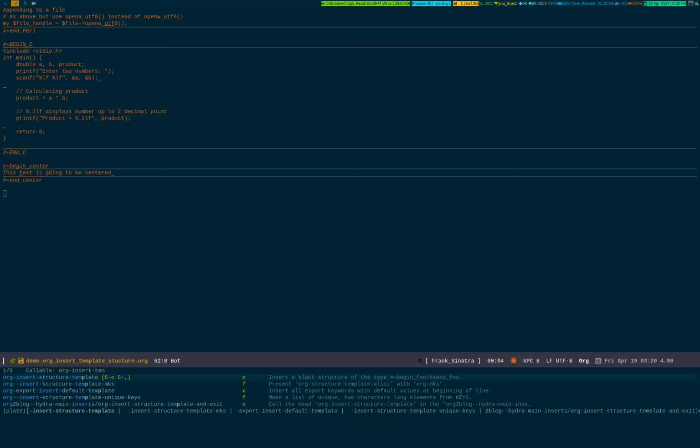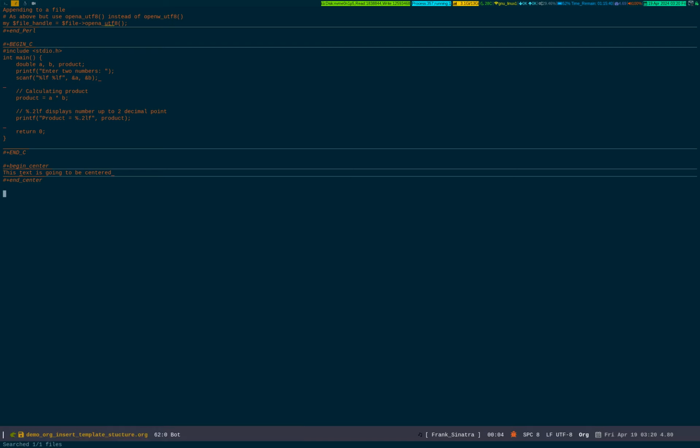See, you can see the very first option, org-insert-structure-template. That's what I've been pressing, Control C and Control comma. Okay, insert a block structure of the type. Okay, so if I press enter to generate the help file,